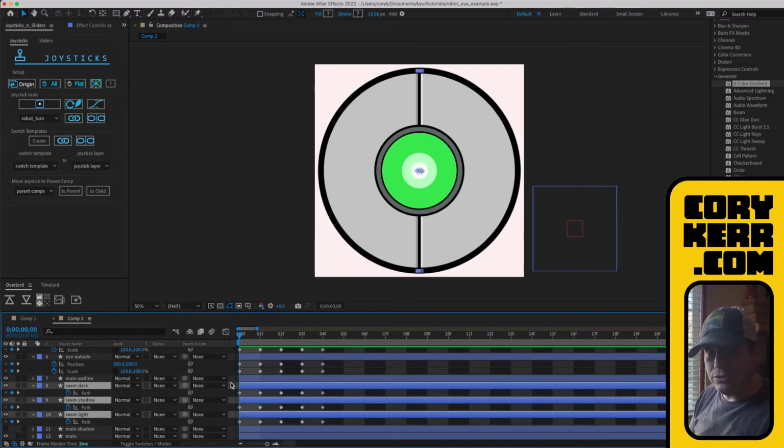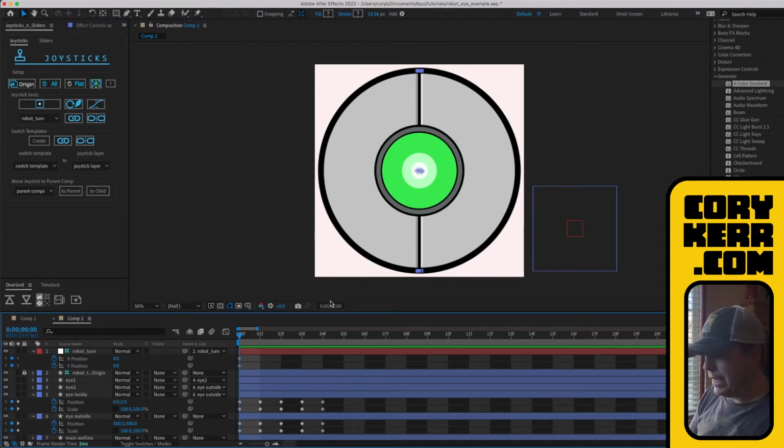And so you can continue to do that until you have this controller. Now, I have this middle eye, and I want to move that independently of the other thing. So I'm going to do 2 things with this. I'm going to use a joystick to have the eye move around, and then I'm going to use a slider to increase or decrease the size of the pupil. So I'll show you how to do both of those things.